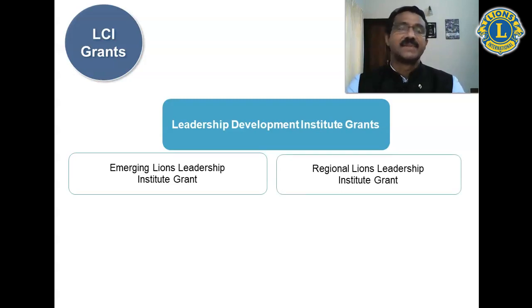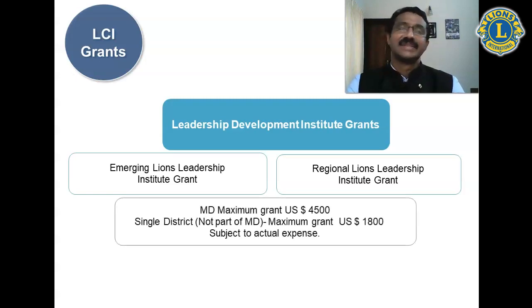These are the two grants available under this group, and the conditions are that multiple districts alone can go for this grant, or a single district which is not forming part of a multiple district can apply for this grant. The maximum funding available for a multiple district is $4,500, and for a single district which is not part of a multiple district it is